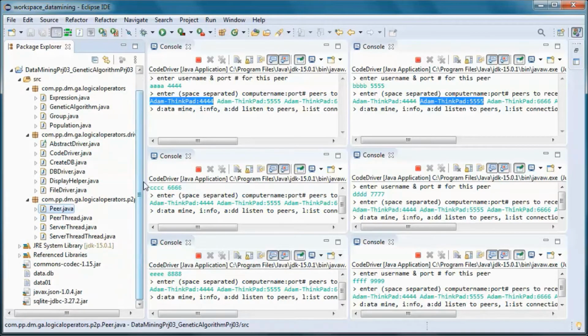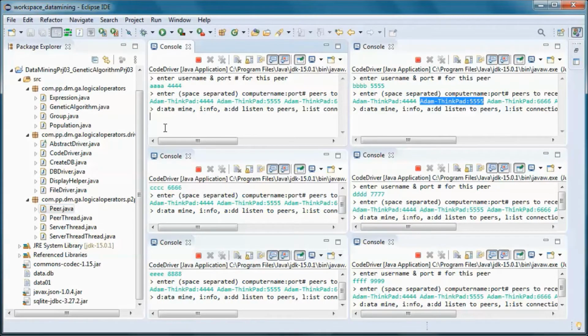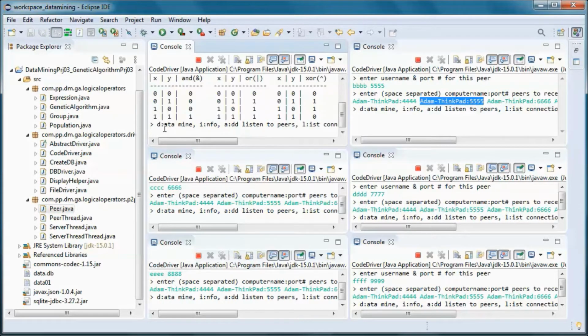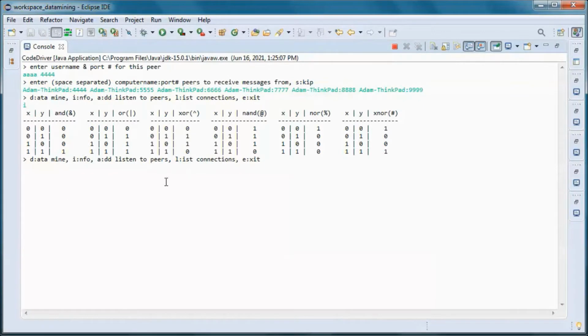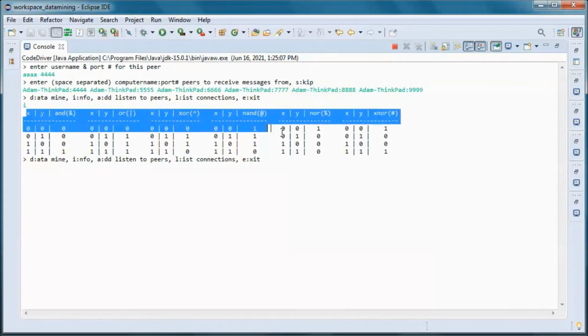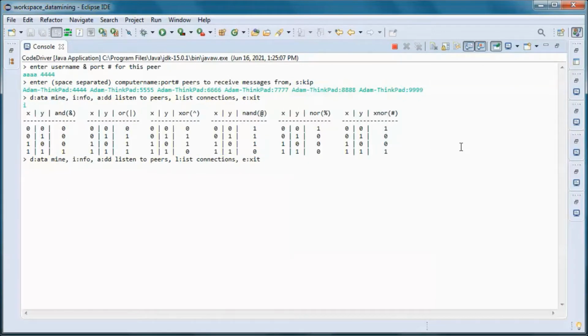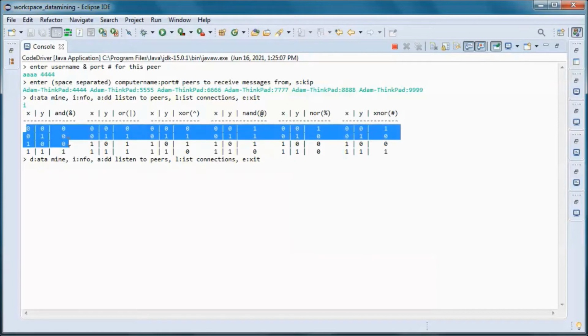And we'll have those 6 truth tables. So for AND, if we have 2 true, then the AND will give us true, otherwise we end up with false.